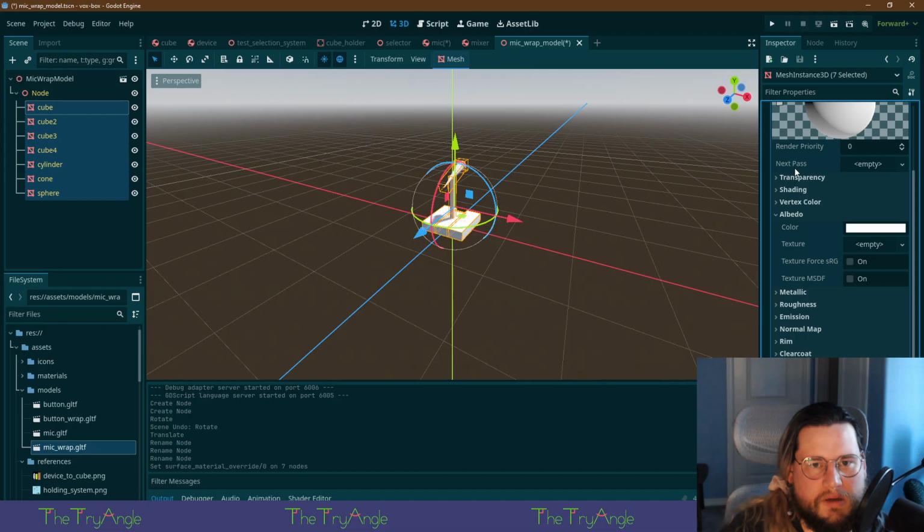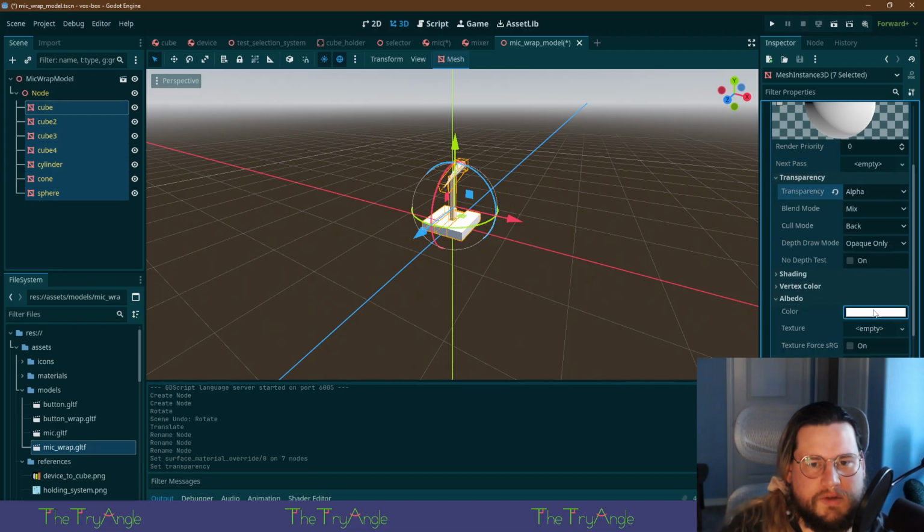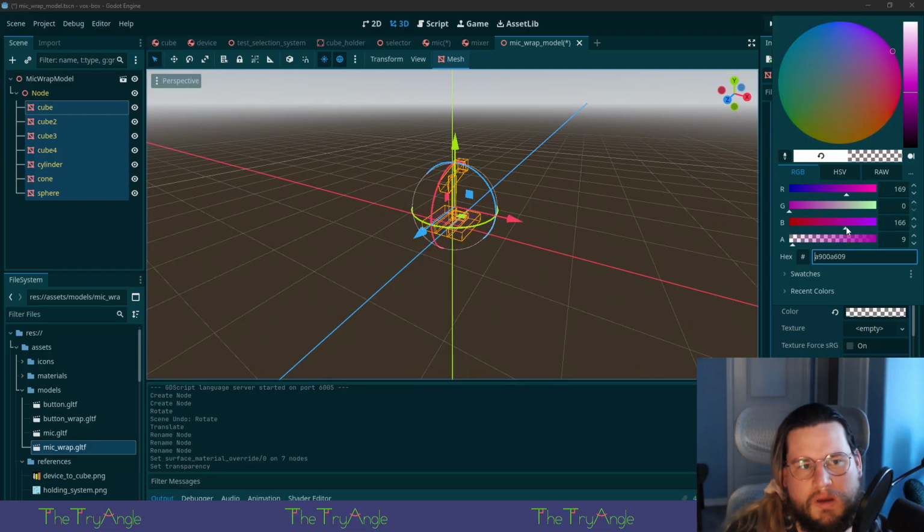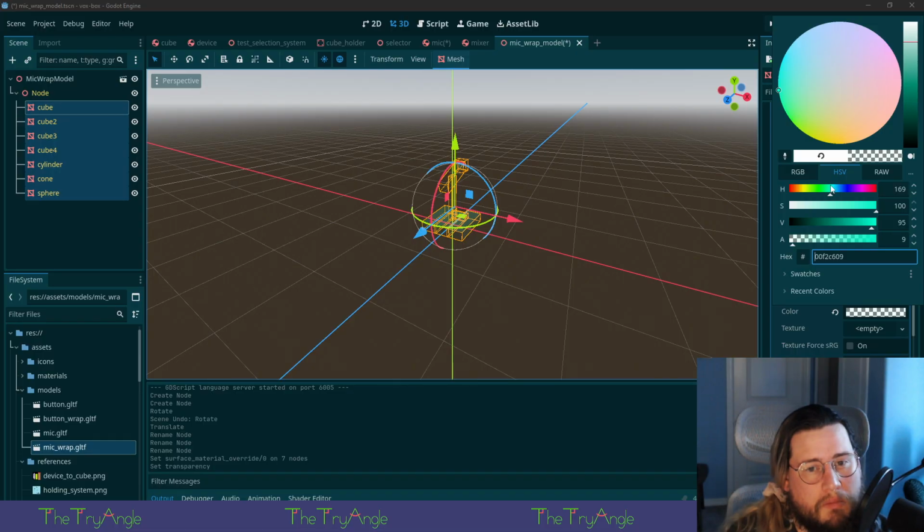Let's see here. Alpha transparency. Yeah. All right. I feel like I want a yellow kind of color. What's yellow again? Is it red, green? I don't know how colors work. Oh, okay.